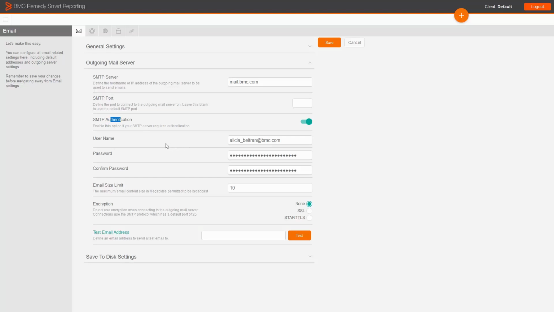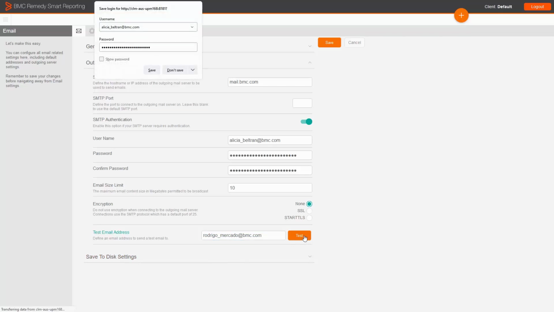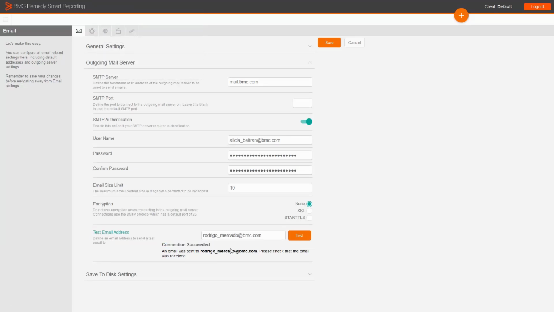Authentication, the email size limit, and encryption. If we are having a problem with any of these parameters, there is going to be an explicit error message about it, like the port is incorrect, or the password of the authentication is not valid, or maybe the encryption is missing a certificate. We can actually validate the state of the SMTP connection in this test email option. We just enter an email address that is part of the SMTP, and then we're going to get a message that is going to give us whatever issue